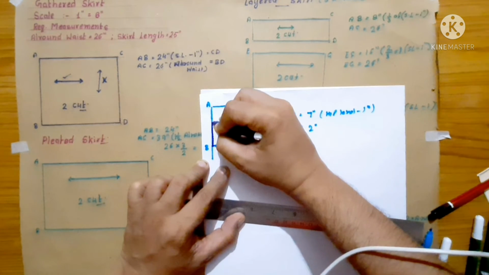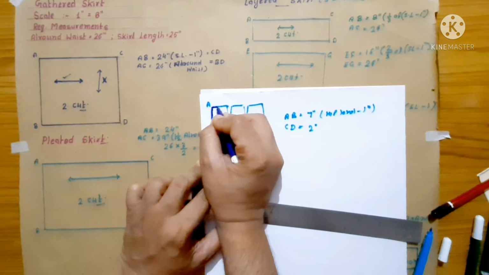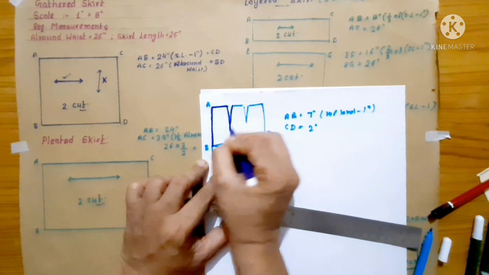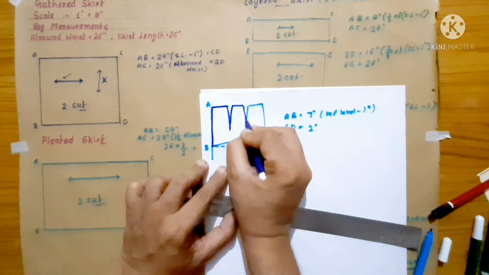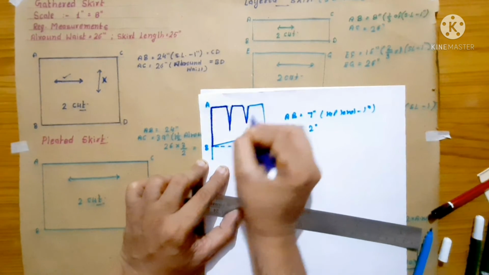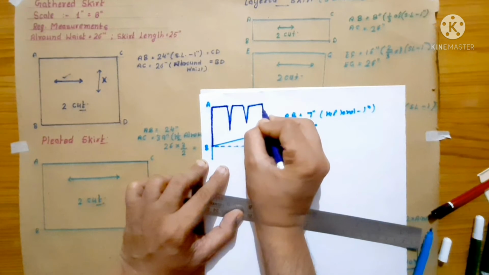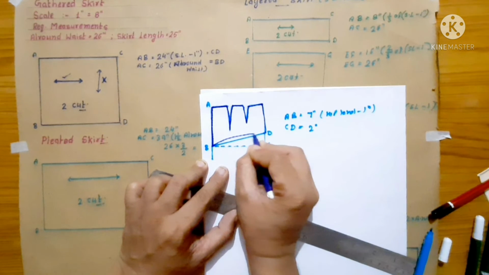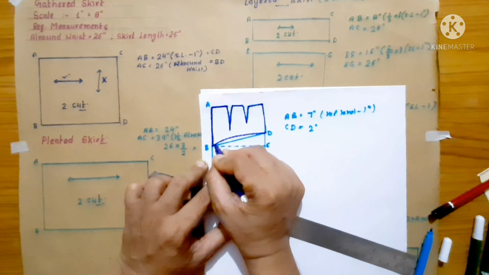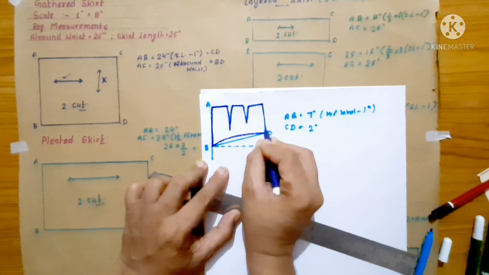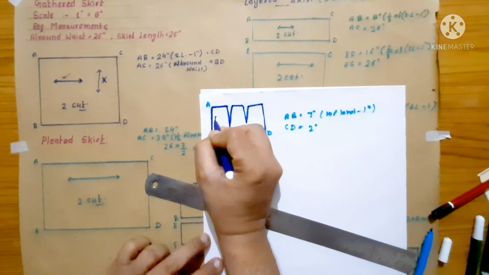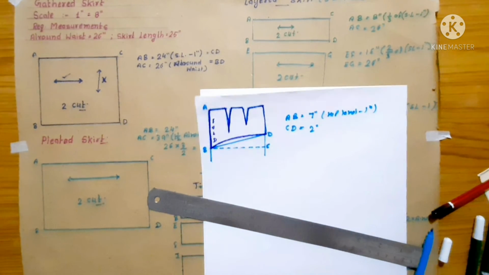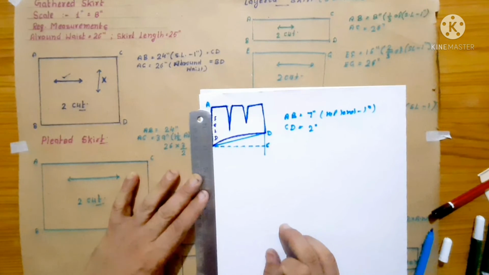Shape may be any. I have taken a simple sweetheart yoke. Or you can change the shape if you want to. This would be the front yoke. This is fold, right? Now what we'll do, we'll make the skirt.